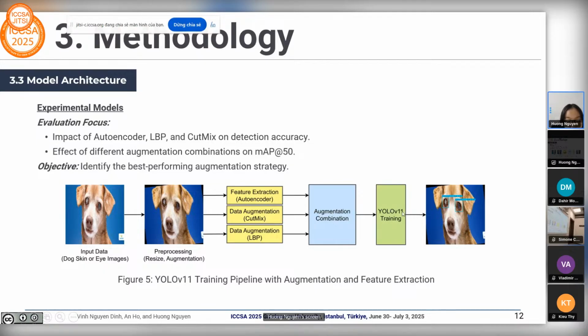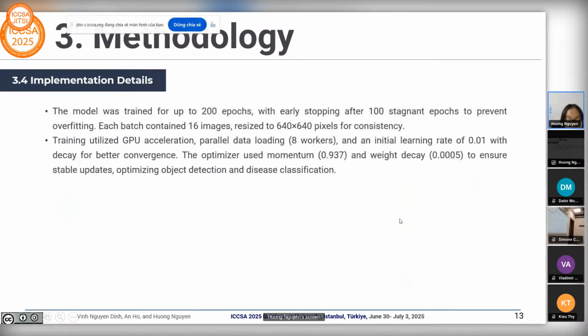And the goal here is to identify which combination brings the highest accuracy while still being robust across different datasets. After building the training pipeline, we train the model using a GPU to speed things up. And we apply early stopping to avoid overfitting and keep the image size consistent for better learning. The model was optimized to balance accuracy and stability, making sure it worked well across both skin and IDC